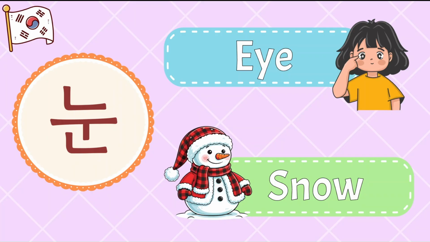For example, if you say 눈이 아파요, you can very easily identify that 눈 over here means eye because of the verb 아프다, which means to get hurt or to be in pain. So obviously, 눈이 아파요, my eye is hurting or I have a pain in my eye. Okay, so like this, you can very easily identify or recognize the meaning of a Korean homonym with the help of the context, the situation, or the sentence. All right? Next,